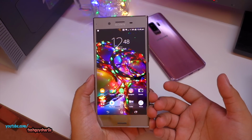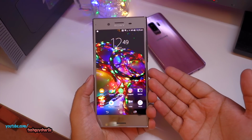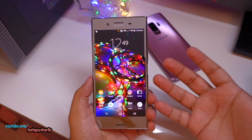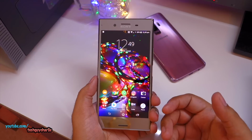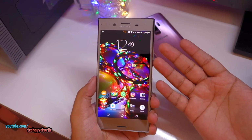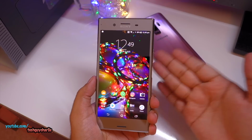Now I would have gone easier on the XZ Premium, but the pricing makes it really hard to justify buying this phone in 2018, considering for the price of XZ Premium you can buy a brand new 2018 Samsung Galaxy S9, and this phone is still more expensive than the OnePlus 6 with 8GB RAM and 256GB internal memory, and OnePlus 6 gives you a dual camera setup, and don't forget OnePlus 6 has Sony cameras. So I don't know, this phone is still overpriced, at least in my country, and I would like to at least shave off $200 from the current MRP of this phone, and I think then it would be fair